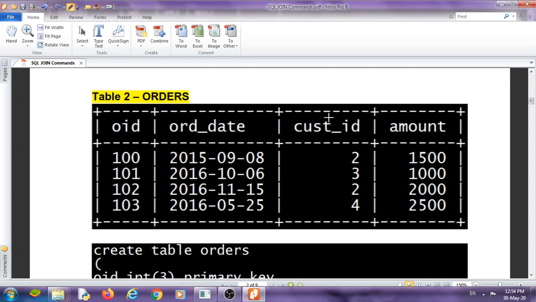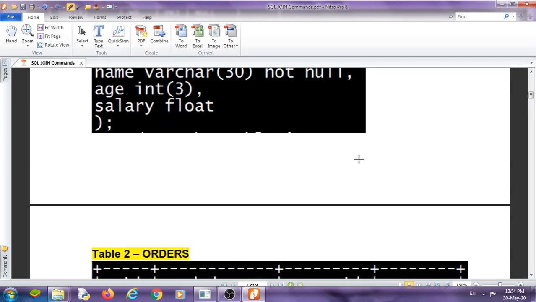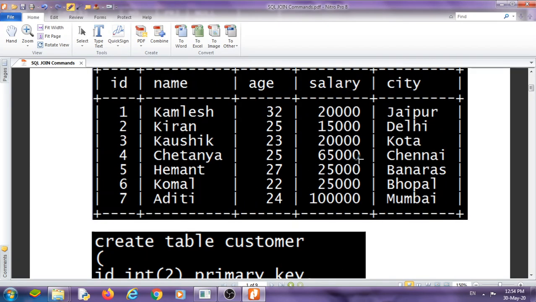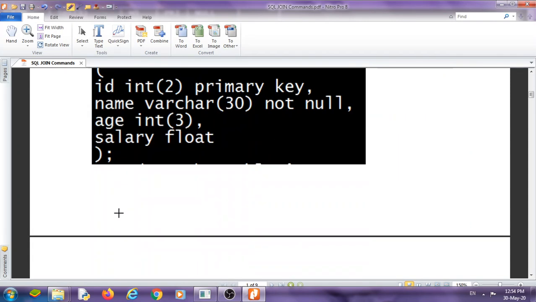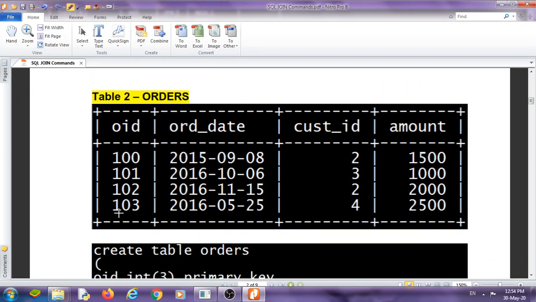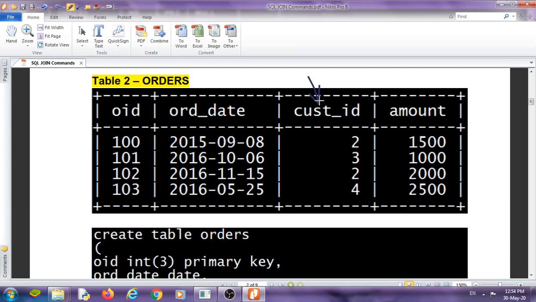This customer ID contains the data which are stored in the ID field of customer. Is it clear? We use the ID field as a foreign key in the orders table, and the foreign key is applicable on the customer ID. How can we create this? Look at the syntax.